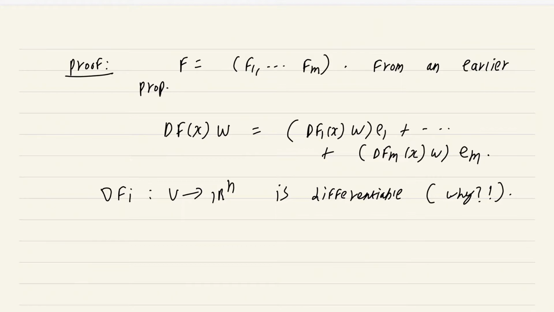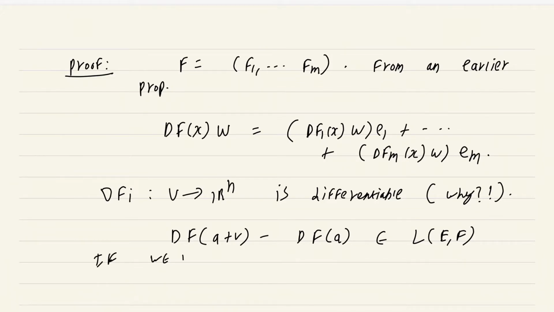Now, what is it that we have to do? We have to compute the second derivative. For that, we have to take a difference of this type, df(a+v) minus df(a). This is going to be an element of L(E,F), because both df(a+v) and df(a) are linear mappings from E to F. In fact, if w is in the vector space E, then df(a+v) minus df(a) acting on w